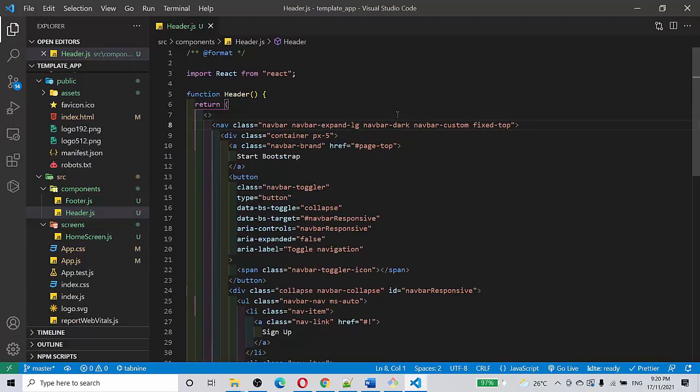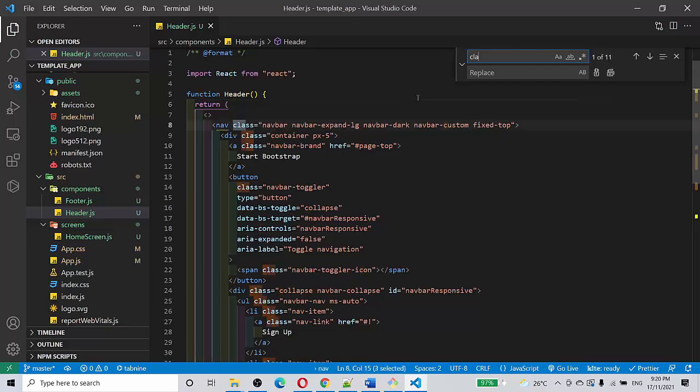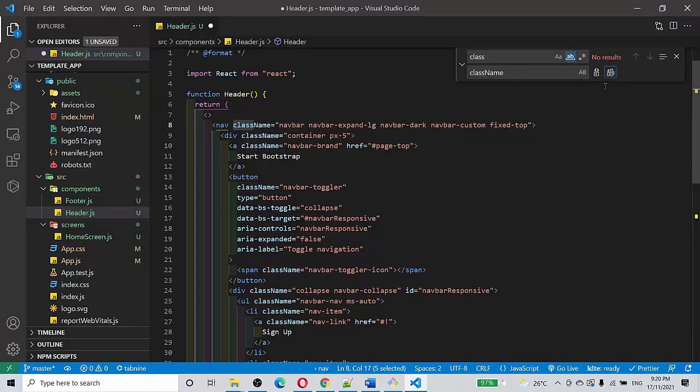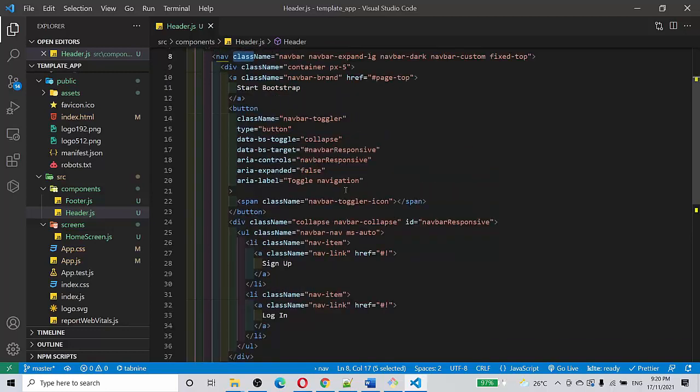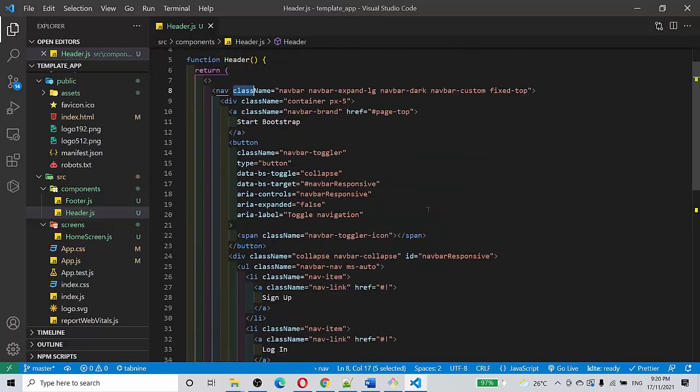We are going to change class to className because React will accept className only. So Control H, class, change it to className. So I click here because we want only class to be replaced with className, and we click replace all. So you can see that the classNames are fully replaced properly. Okay, and then